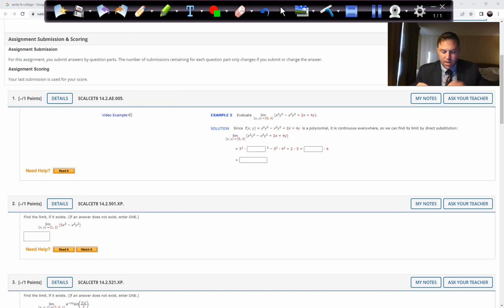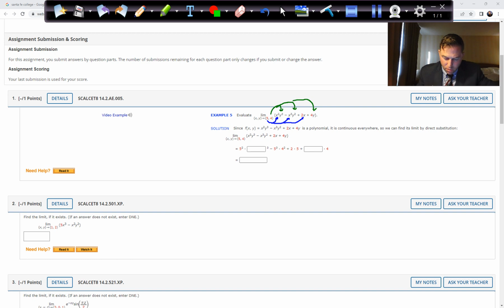So we're just going to say, okay, let x approach 5. So everywhere I see an x, I'm going to replace it with 5. Then it says, okay, y is approaching 4. So everywhere I see a y, we're going to plug in 4. Okay, so we substitute in and we're going to get 5 squared for the x squared, y, which is going